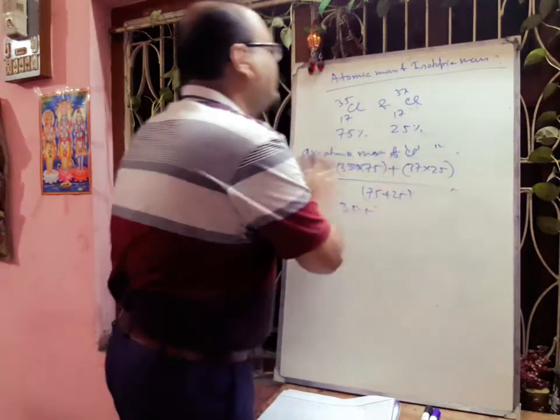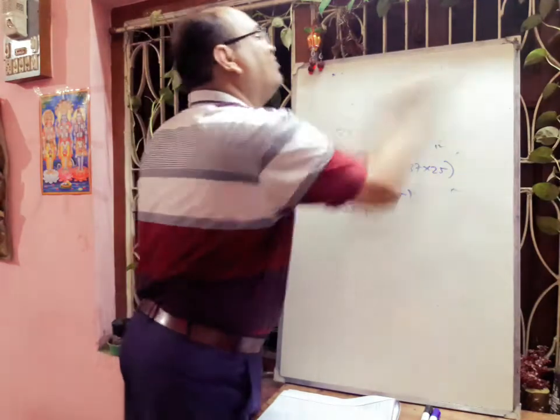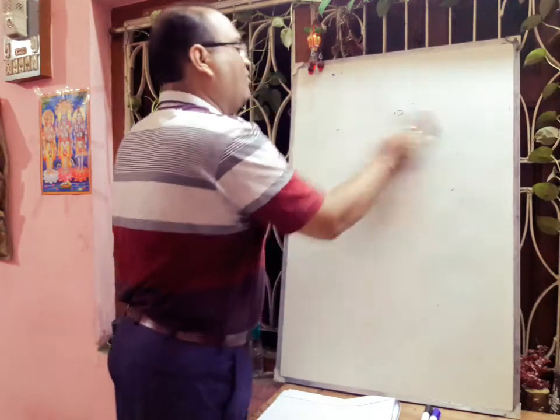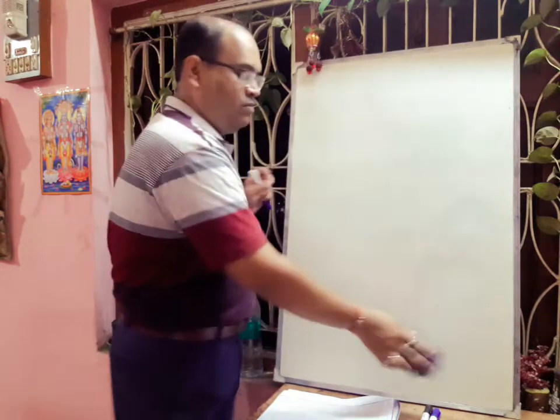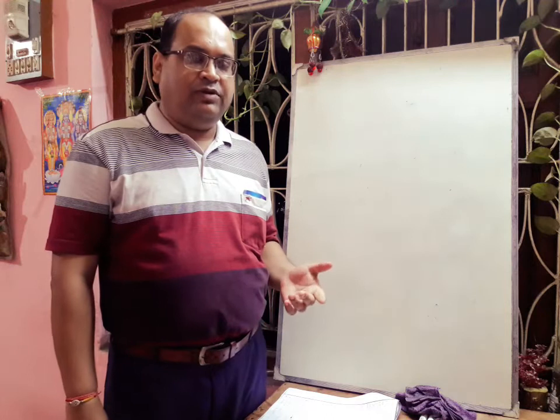Next we will discuss the molecular mass. In case of molecular mass also, you know that it will be the mass of one molecule of the compound divided by 1/12 mass of one carbon atom, that is C-12 carbon atom. Now if we think about big molecules or polyatomic molecules, then we have to take the summation of the atomic masses.